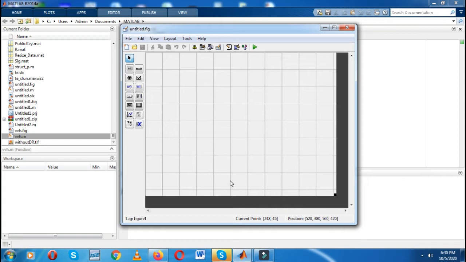Then this is the graphical user interface window. So in today's video, basically we are going to use a list box. For that, we have to take one example. So simply I will take addition, subtraction, multiplication, division. These are the different operations that I'm going to do in the graphical user interface, means in MATLAB software.